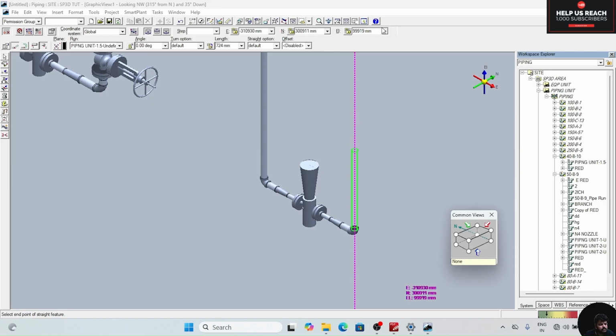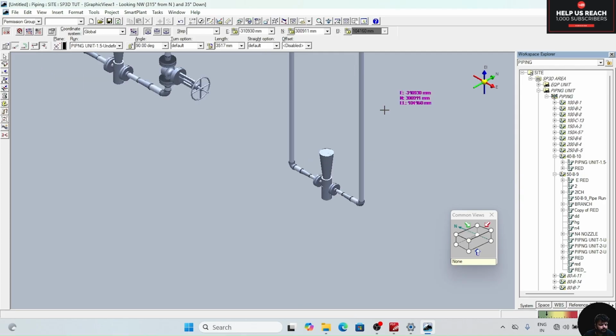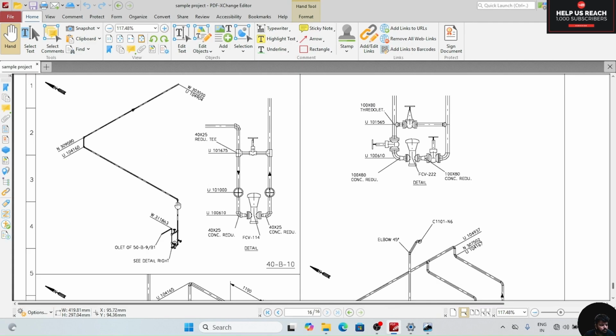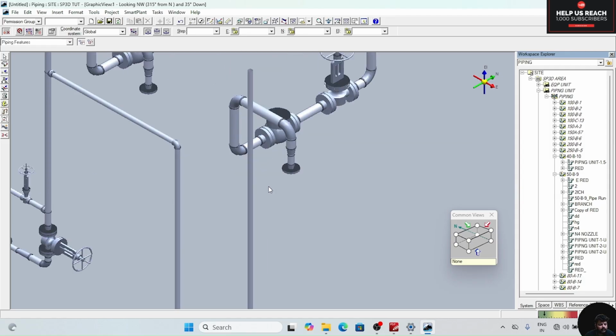You can put here 104, 160. Click enter, click anywhere on the screen. Now this is going in this direction, north direction. North position is 309080.